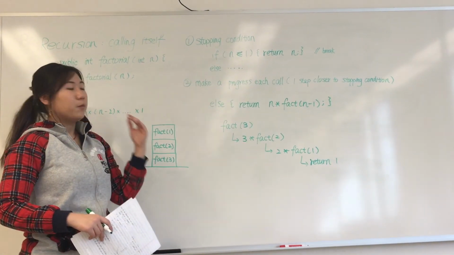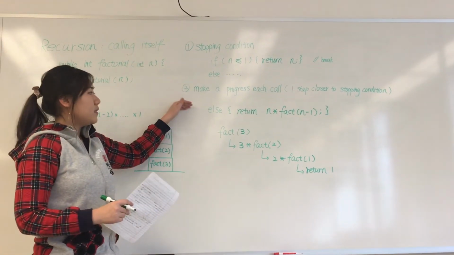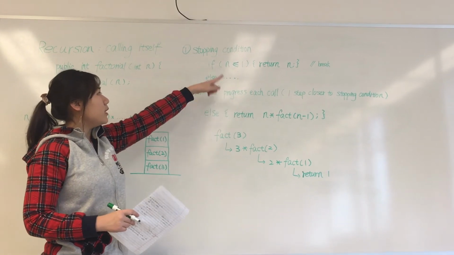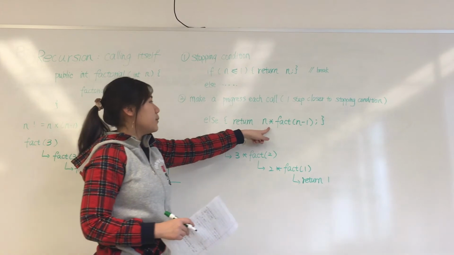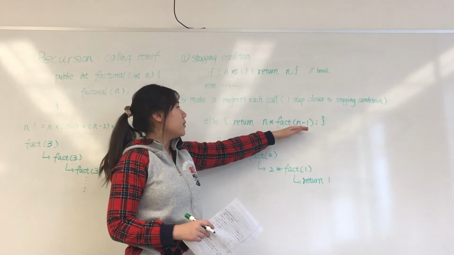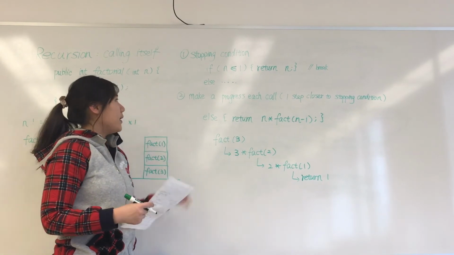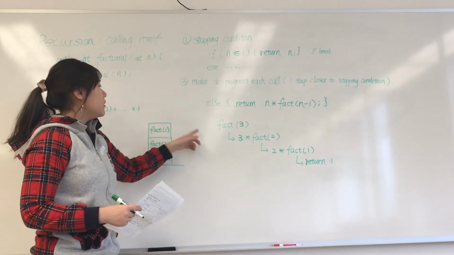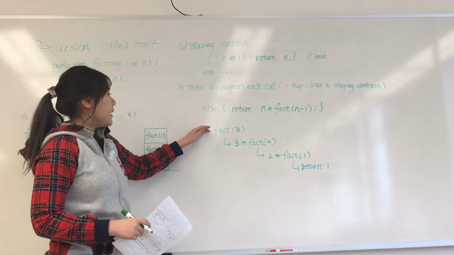Basically, let it get 1 step closer to the stopping condition. So if we look at this line, we said if n is smaller or equal to 1, return 1, else we return n times factorial n minus 1. So n minus 1 will decrease n by 1 each time and get n closer and closer to our stopping condition. So if we make an example saying we say factorial 3, what it does is that first it checks